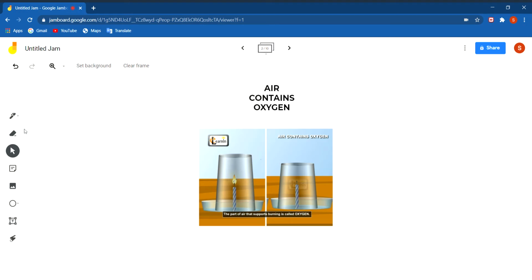You can see here in the figure, take a lighted candle and insert a glass tumbler over it. After some time, you can see that the candle blows off. Why did it happen? Because the supply of air was restricted. The candle was covered with the glass, so oxygen did not come inside the glass, and when the oxygen was all finished inside the glass, no more oxygen could be received by the candle, so the candle stopped burning. This experiment shows that air contains oxygen and it is 21%, you know.